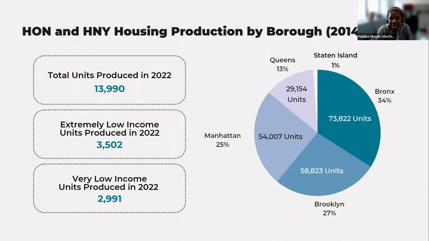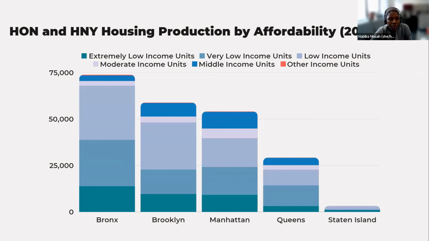For example, in Staten Island, there are a lot of single family or 1 to 4 family homes, and HPD's production in the borough reflects that. When looking at the distribution of our housing across the 5 boroughs, you'll also notice that most of our production is extremely low income, very low income, or low income. In fact, these 3 income tiers that serve New Yorkers at the lowest AMI brackets make up about 83% of the units that we produce. And the remainder of the units, or about 17% of our production, is for moderate and middle income.